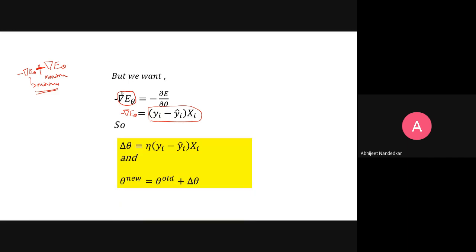Now what I do is I travel, or change the values of theta, in the negative gradient direction. What I mean to say is we will first of all randomly assume, since I don't know the solution of my problem, a theta vector, and calculate some error based on this randomly assumed solution. Once I compute that error, if it is more than the required or satisfactory error, then I have to update